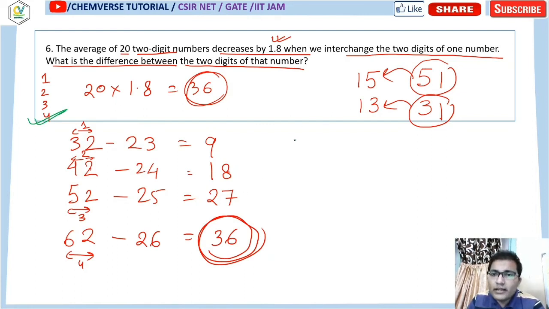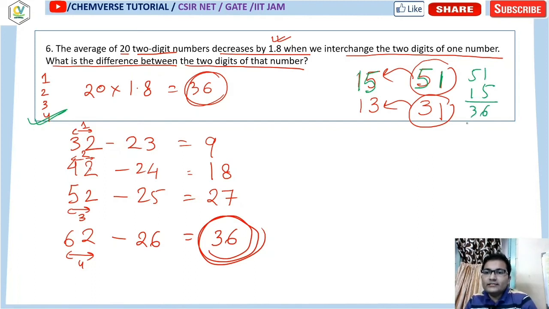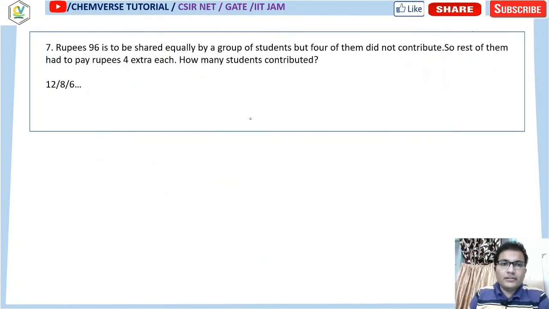Now, do you remember, I have already given you this expression, these two digits, that is here 15 and 51. You can see that over here the difference between the two digits is 4. Now here also if you subtract 15 from 51, you are getting 36. So your statement is correct, and it goes according to your statement. So your correct answer will be 4. Okay, let's move on to our next question.